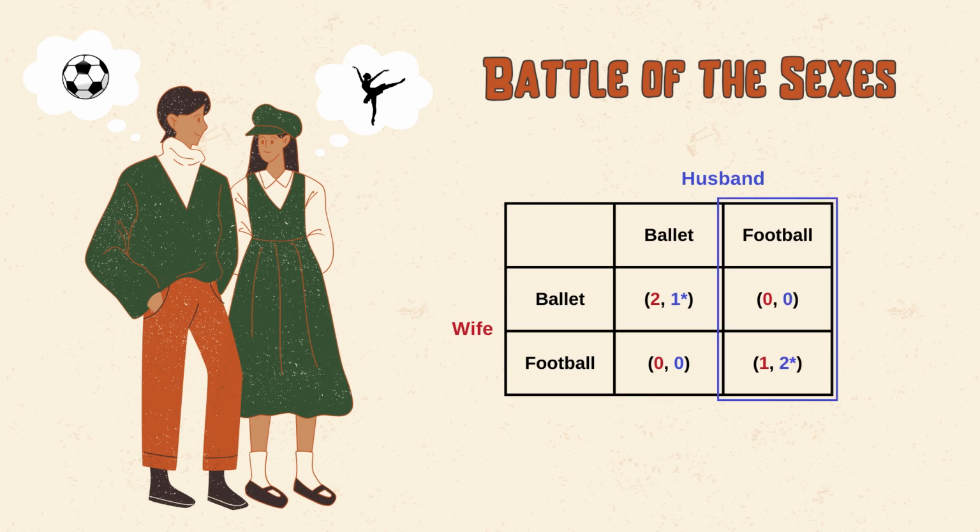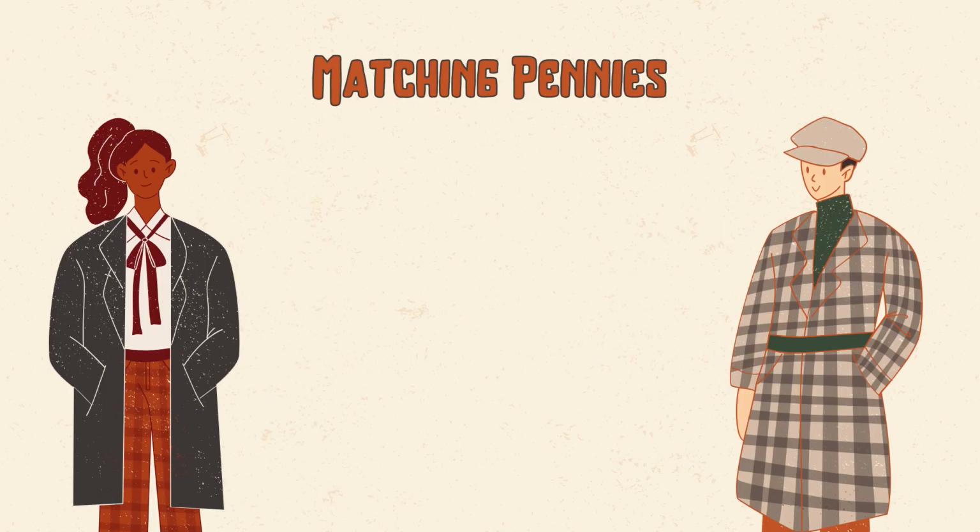Similarly, if the wife thinks her husband will choose football, she'll better choose the football as well, since then she'll get 1 instead of 0. But if he chooses ballet, she will choose the same, with 2 better than 0. In this game, there are 2 pure Nash equilibria, the one when they both choose football and then when they choose ballet. Let's have one last example, matching pennies, where 2 players each choose to show either heads or tails